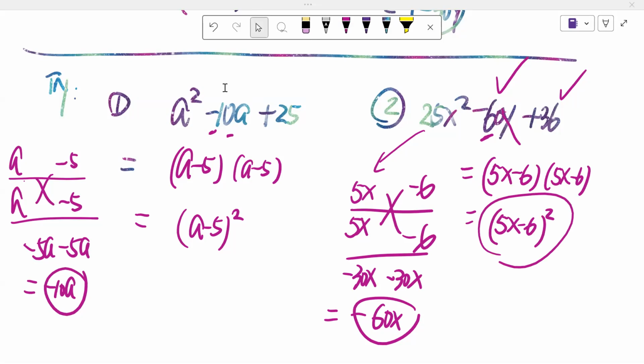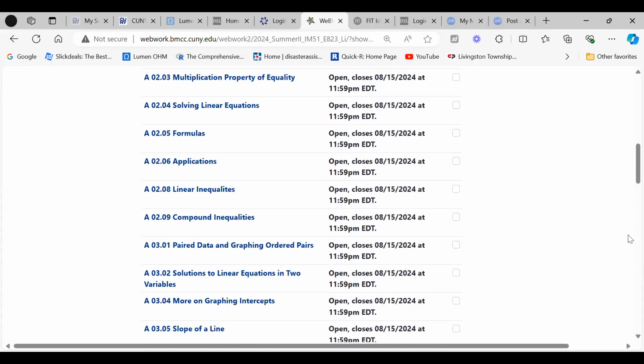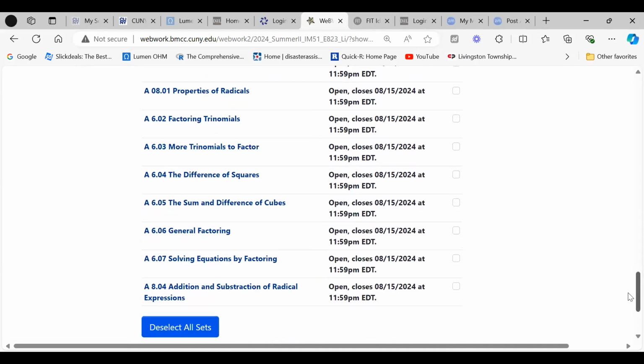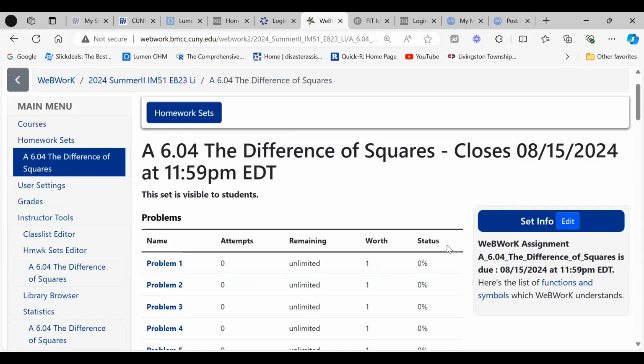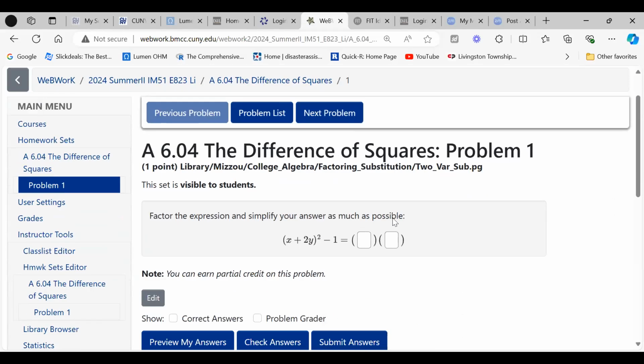Let's go back to 6.4, the difference of two squares. So let's look at the first one, right? This is a difference of two squares, x plus 2y squared minus